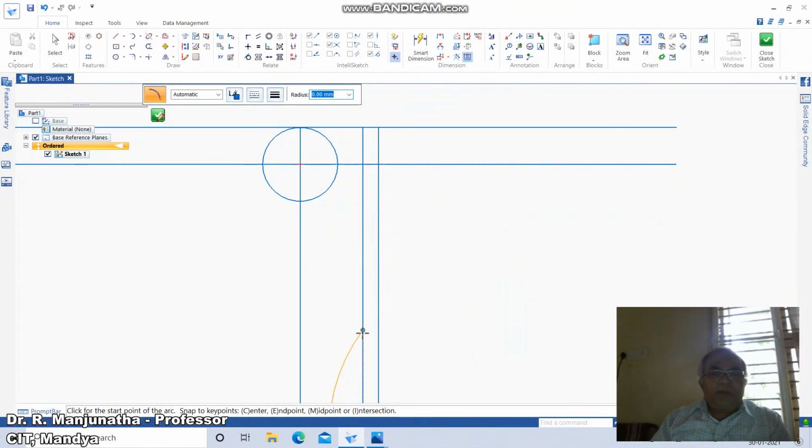Take the start point of the arc as the end point, take the radius as 28, then click on the end point of the arc tangent to this, then click on the side. We're going to this, you're going to get this, then go to fit.